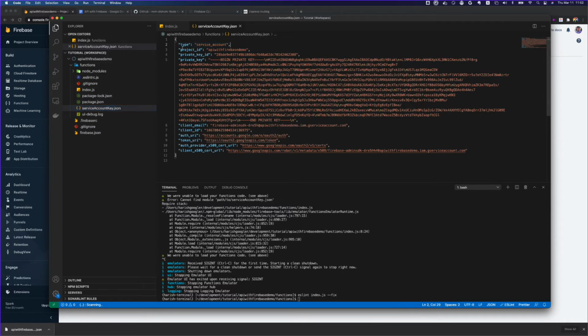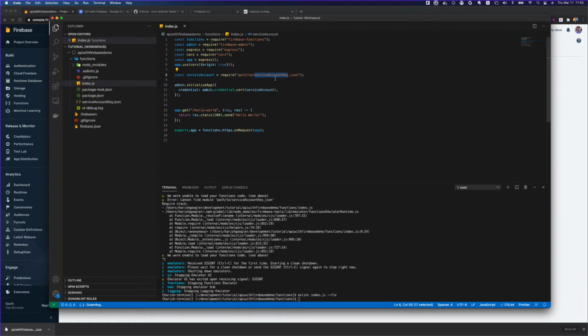It has the account type, the project ID, which project it's connected to, the private key ID, then the private key, and then the email, client ID, and all the information which we require to connect to the database. So now our admin or function is going to use this service account to connect to the database. So now we have the database connected.